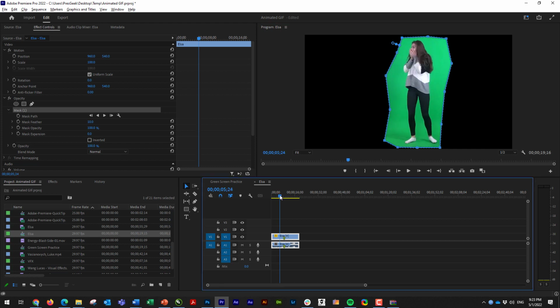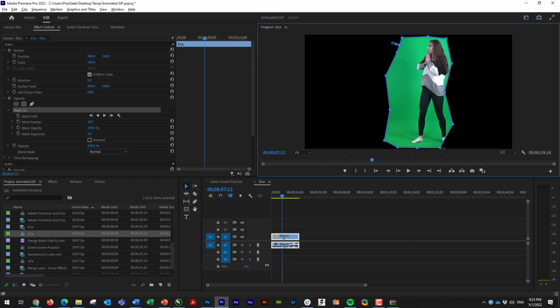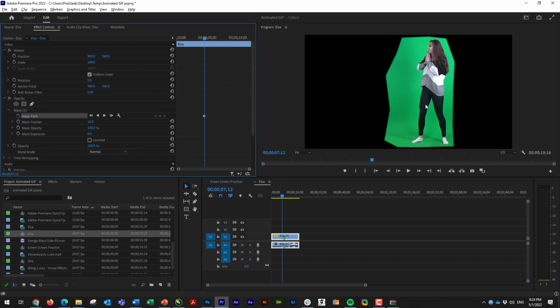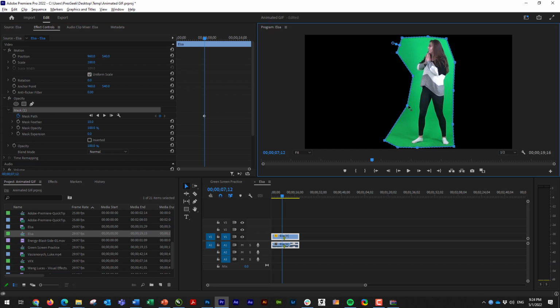Now, if our person is moving, in this case, we may have to enlarge the mask a little bit. If they are moving a lot, we may actually need to keyframe it. And if that's happening, then under opacity, you can see we've created a mask now. We can actually animate that mask path. And so now, for example, if I have this right here,